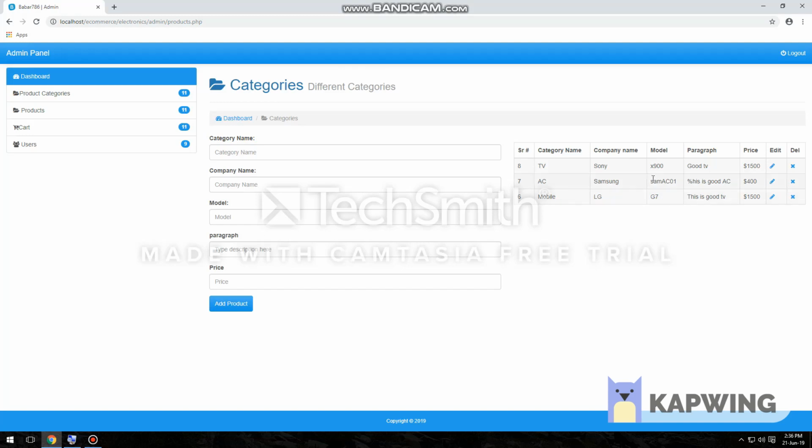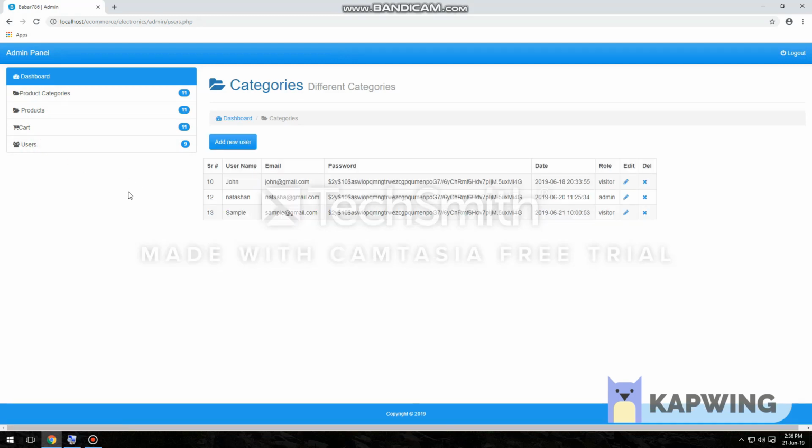So we can also edit it, delete it, create a new product here, and so on. And the third one is the cart. I will show you later, and the fourth one is the user. Now you can see here I have 2 users in my database,